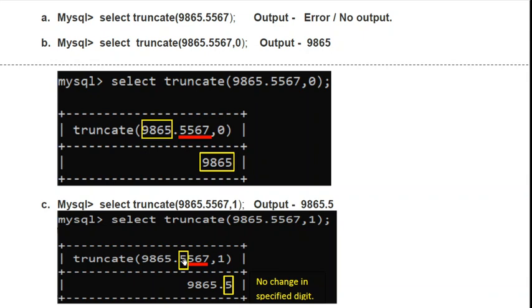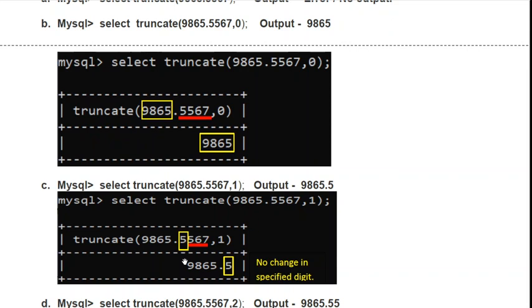So it will keep this 5 and the rest of the digits will be erased. This 5 is safe. Clear? So you can see in the output, it will return 0.5 by erasing the rest of the decimal part.